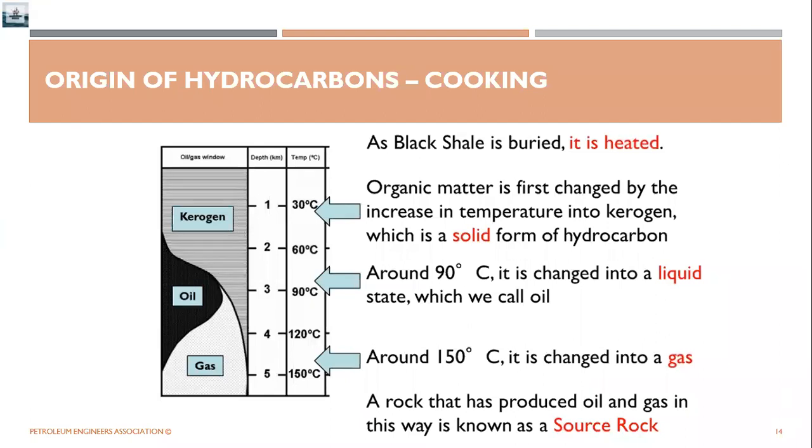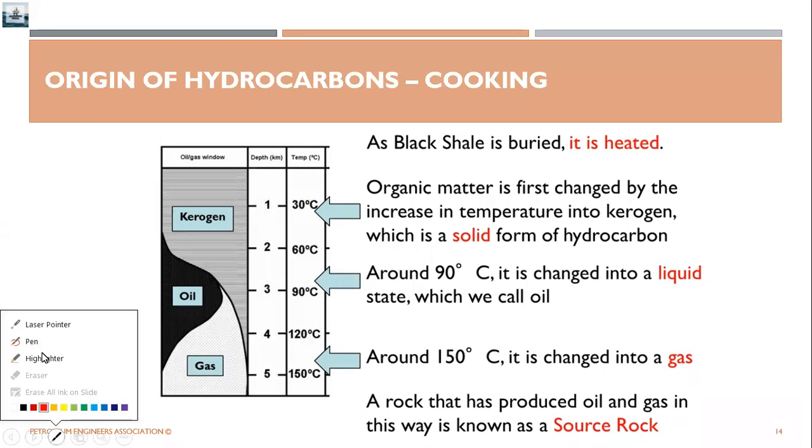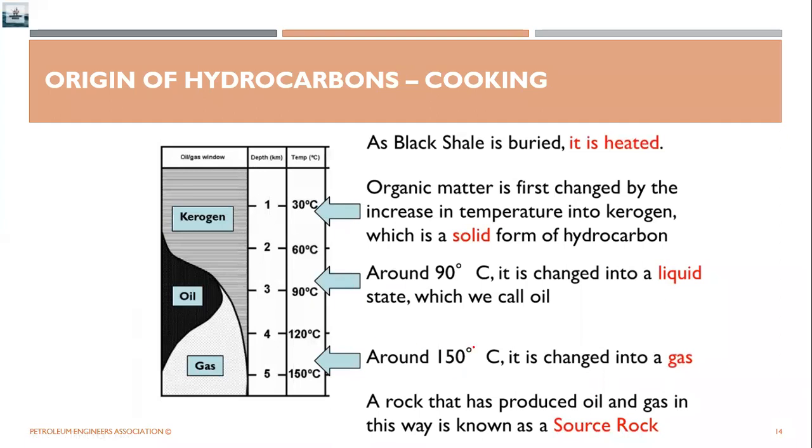Now, when this kerogen is subjected to around 90 degrees Celsius, or some 100 degrees Celsius, that is when it changes itself to a liquid state. These temperature ranges are crucial. This is very much necessary to keep in mind, because this is the main factor. Why? Because if the temperature goes beyond 150 degrees Celsius, then the kerogen will change itself into gas, right?